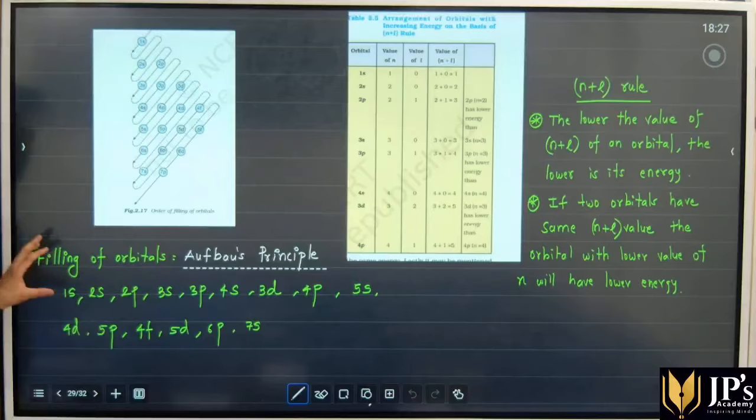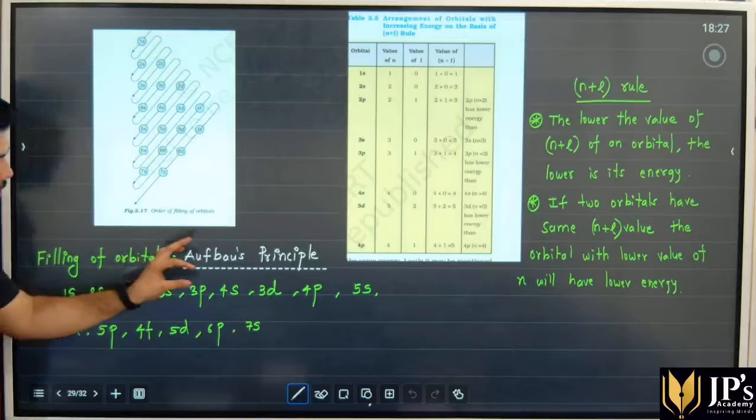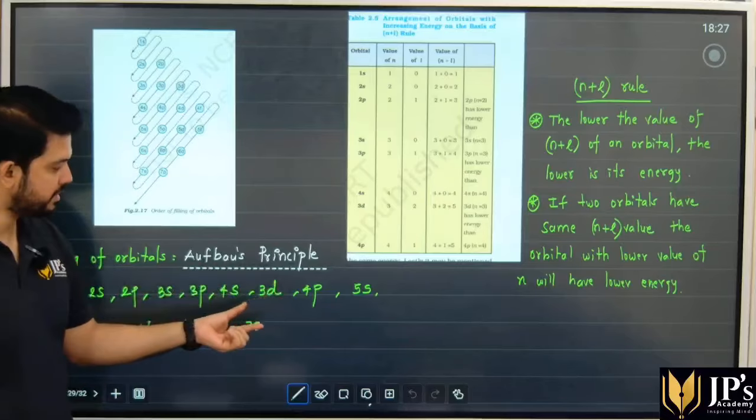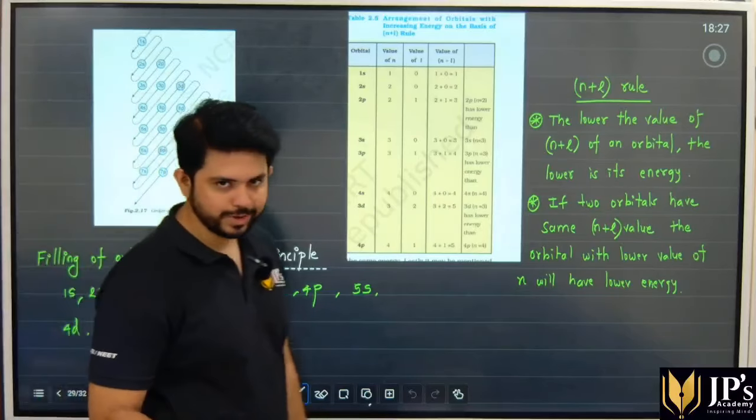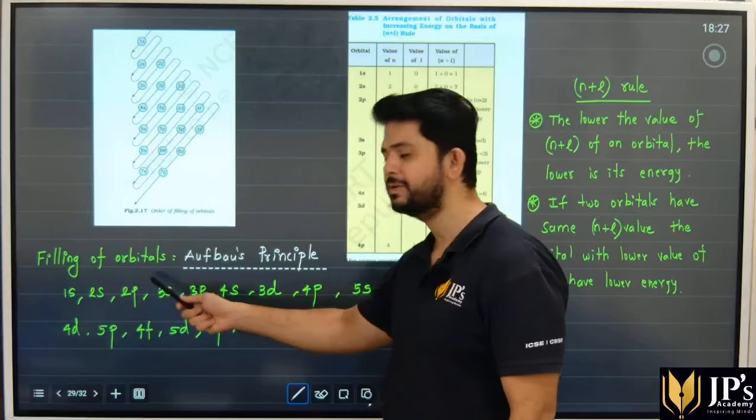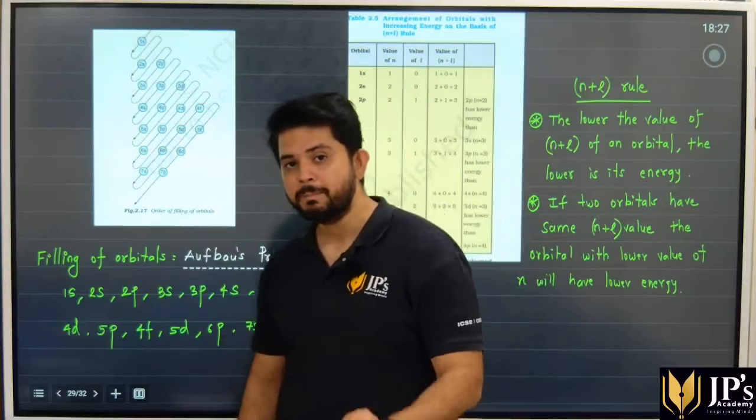Finally, students, we have the filling of orbitals, Aufbau's principle, which helps us also write the electronic configuration. Make sure you remember this sequence. So the energy of the 2s orbital is greater than 1s, and the 2p orbital is greater than 2s. So it's in increasing order. But students, this is for